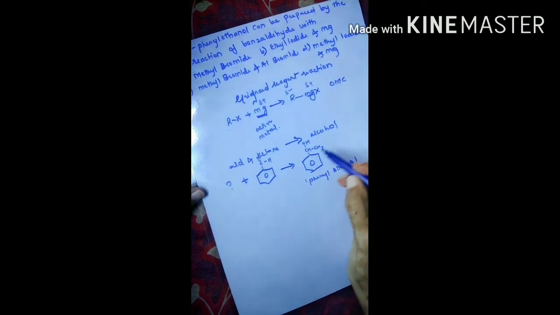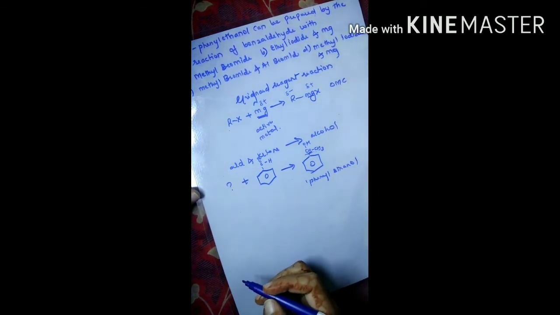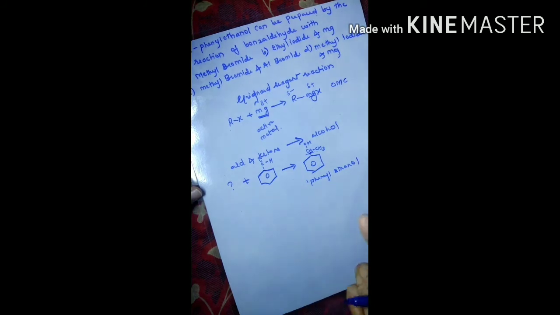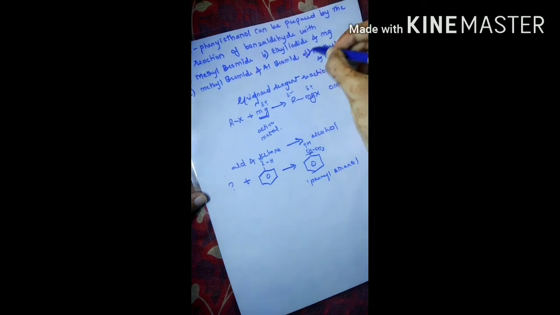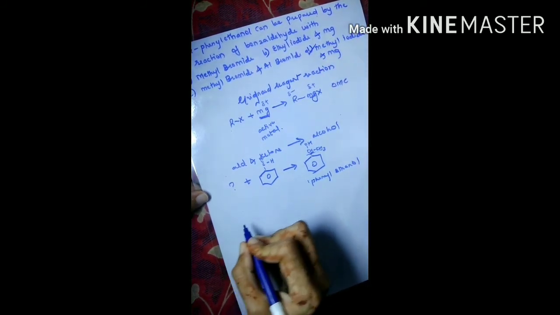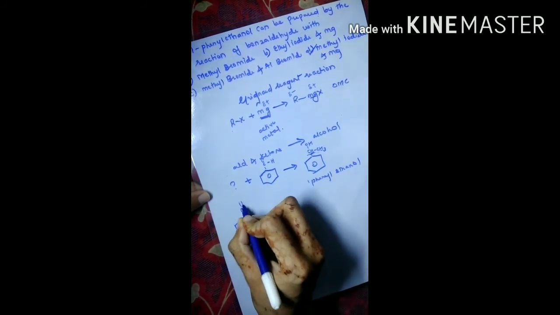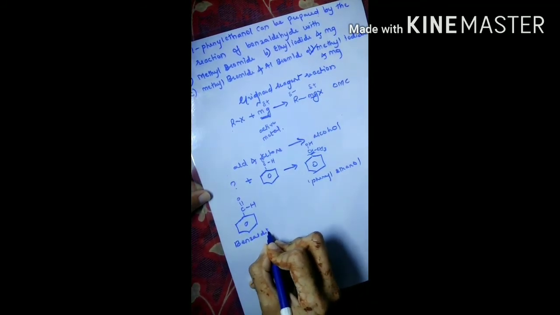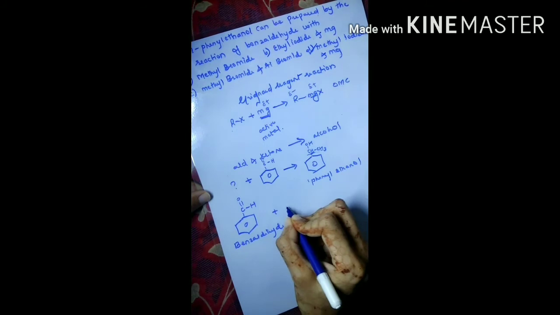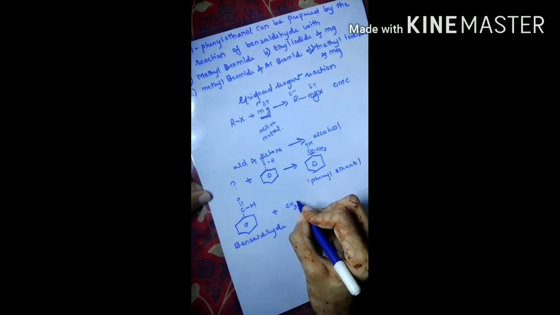Now if you are confused between option B and option D, you just have to see that in 1-phenyl ethanol 2 carbon atoms are present, okay, and in benzaldehyde, which is already present as a reactant, 1 carbon we already have, so we have to take methyl iodide. So I've already ticked the right answer, that is methyl iodide and magnesium will be the right answer. So benzaldehyde reacts with methyl magnesium iodide.